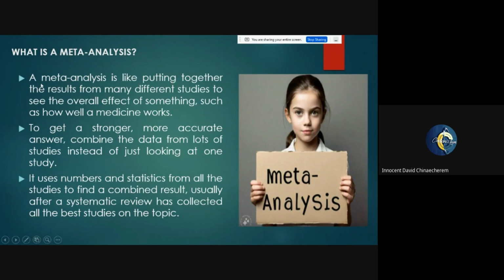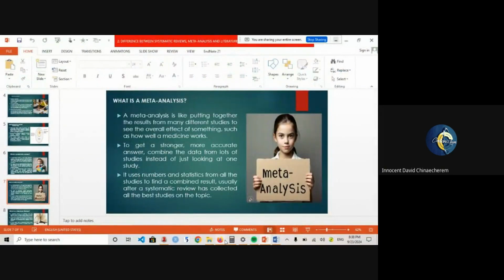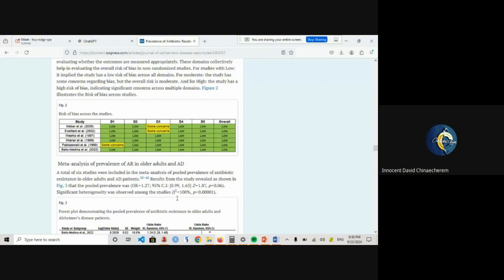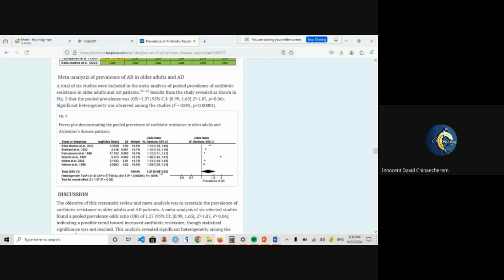Now, contrary to that, a meta-analysis is just like a systematic review, but in this case, we are more concerned with effect and numerical comparison. We want to pull together findings from different data and use statistics to get a statistical estimate of those data. We're going to explain this in detail. Don't worry, you're going to get to understand what we're talking about. If you look at this paper that was published recently, and look at the forest plot here, you find that we pulled down the overall effect as